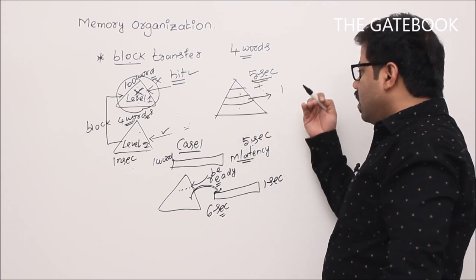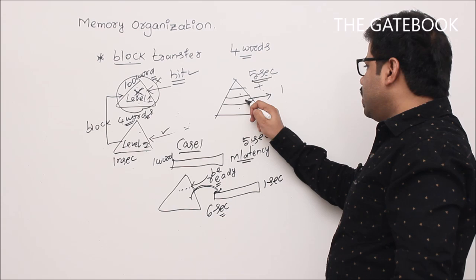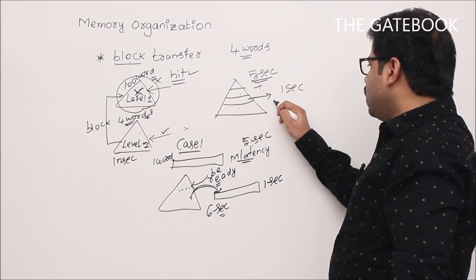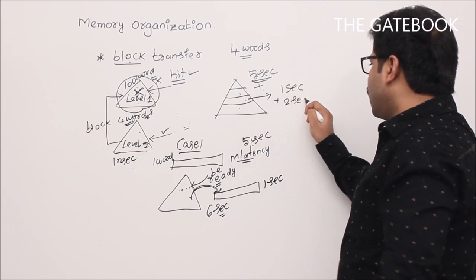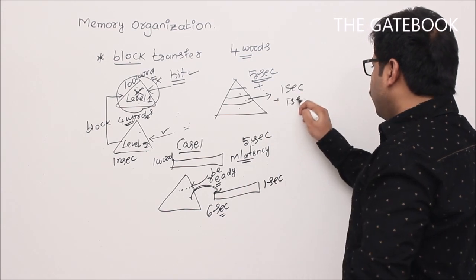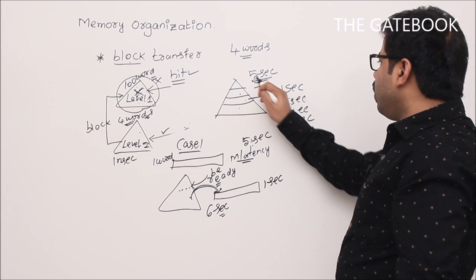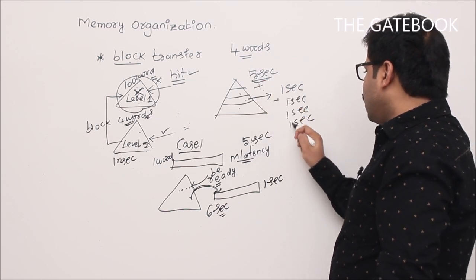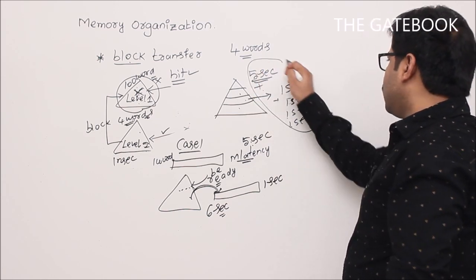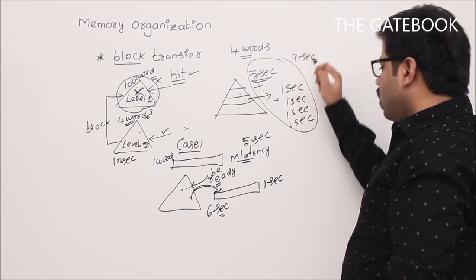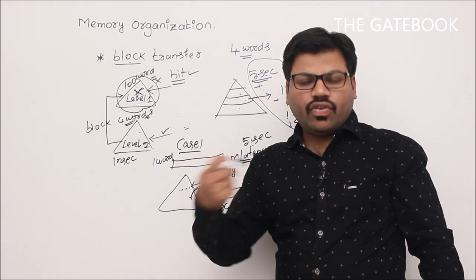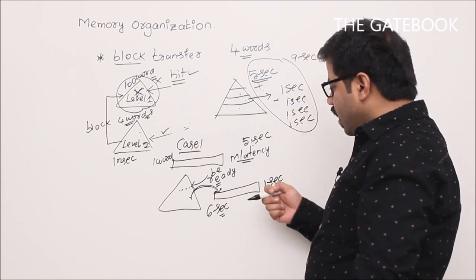After that, fetching the words one by one. Fetching the first word, 1 second. Fetching the second word, 1 second again. Fetching the third word, 1 second. Fetching the fourth word, 1 second. So total time is 5 plus 1, 6, 7, 8, 9. So 9 seconds. But whereas if you do that one word by one word, that means every time whenever there